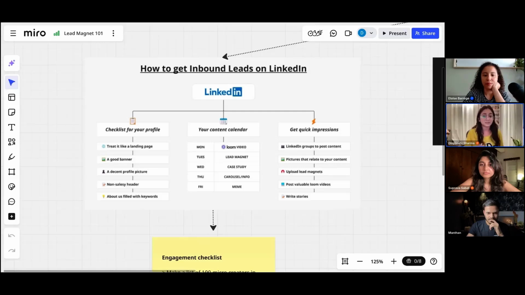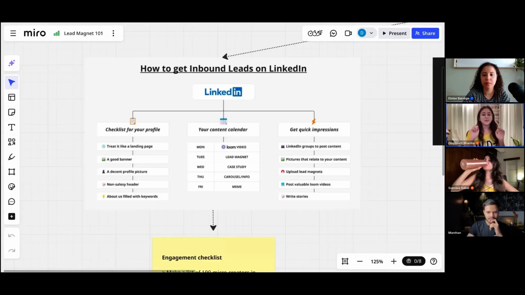It will hardly take you 30 minutes. Now, no non-salesy header. Earlier, these types of headers used to do a lot. People used to have their offer in it, or a big achievement, like they have got $30 million in sales, or they're Forbes 30 under 30 listed. That's not how it should be.